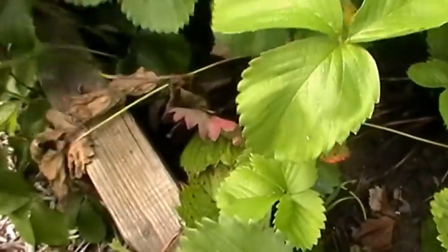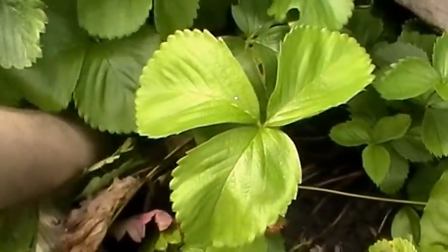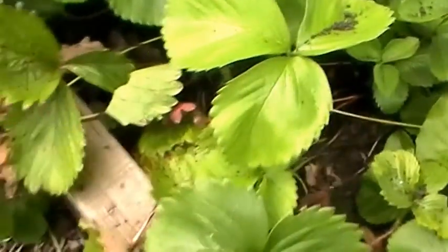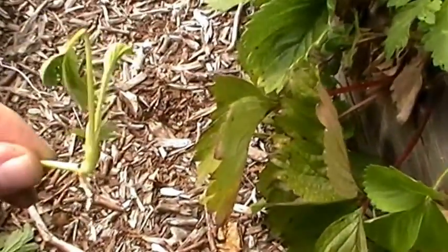This one here is buttercup. Again, they grow quite big. You usually find them hiding amongst your strawberry plants, and they grow by sending off runners again. And unfortunately, these runners will root, and you can see there's one of the...